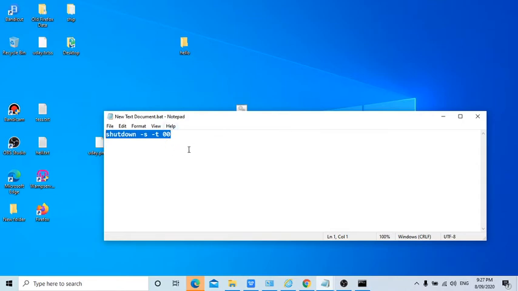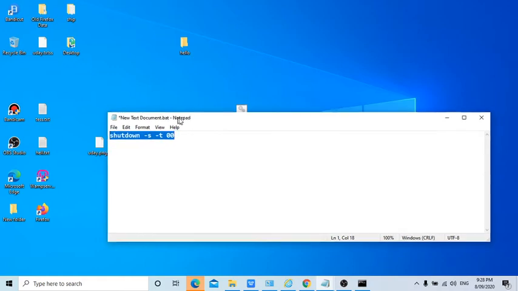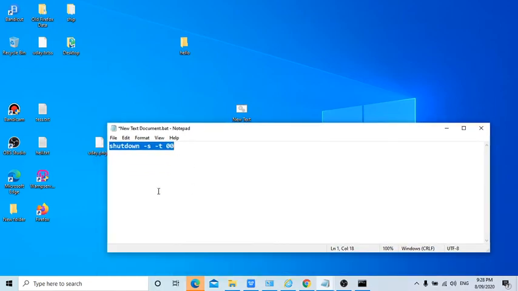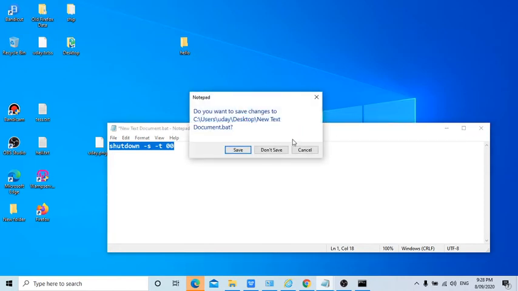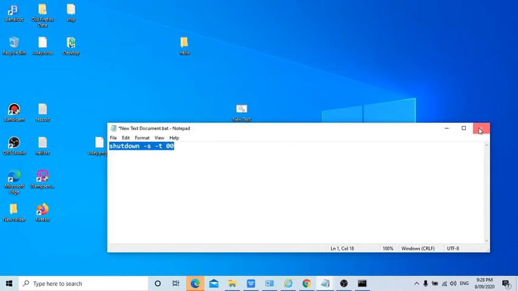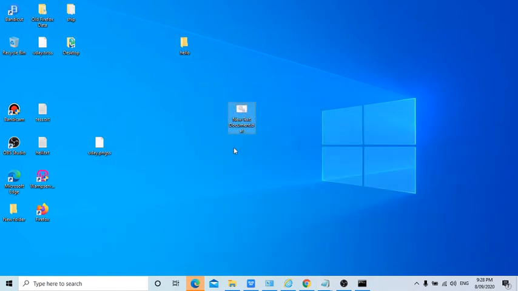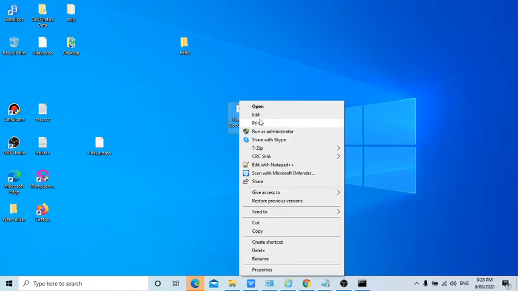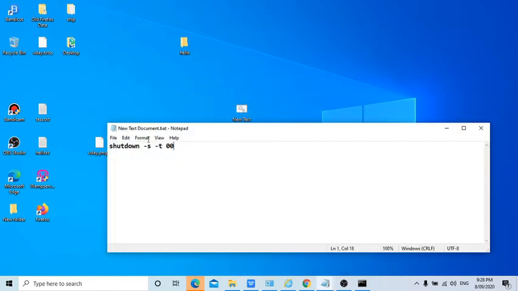I'm not showing any very important things here, I'm just giving you some basics at this moment, so I don't want to enter lots of commands or click it, because my system will immediately shut down.